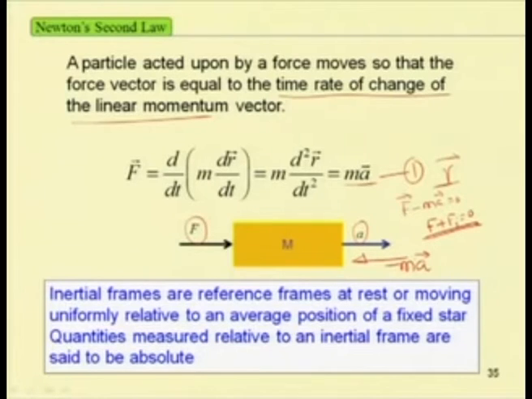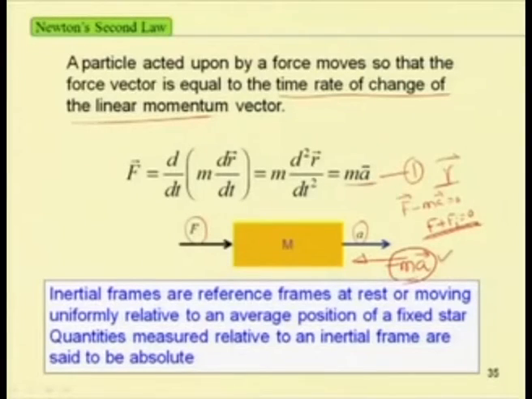So, one can obtain the D'Alembert principle from Newton's second law by adding this inertia force to the moving system. So, in this way one can convert a dynamic system to a static system by adding the inertia force. The inertia force is a force which acts in a direction opposite to that of the acceleration, and by adding the external force with the inertia force, we can convert this dynamic system to a static system.